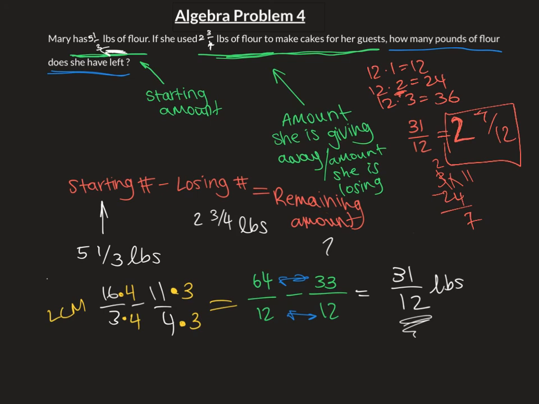So just to recap, we start by writing starting amount minus losing amount equals remaining amount. And then we take our bigger numbers. Then you do 5 and 1/3, and then you convert that into a certain amount, which in this case was 16/3. And then you take 2 and 3/4, and then that becomes 11/4. And then you subtract. You make it like denominators, and then subtract from each other, and then you're left with this. Then you can turn that into a form similar to how it is in the problem. So that's how you solve